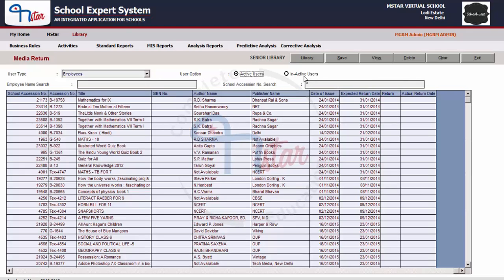The screen is meant for return of issued books in case the book has been physically returned or damaged, but it is pending for return in the application due to the absence of user's OMB card, which could be due to loss or withdrawal of the user.